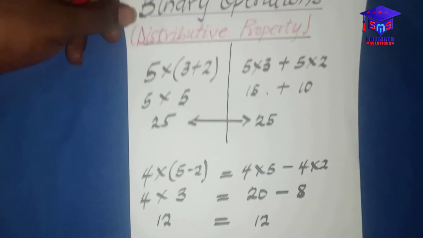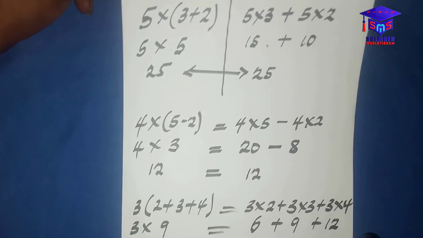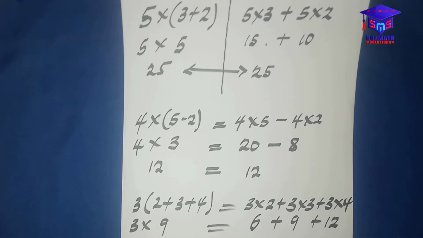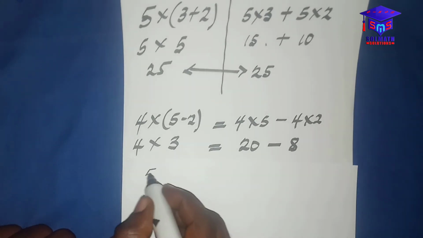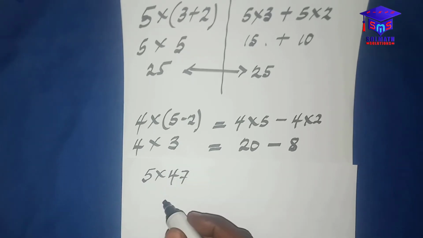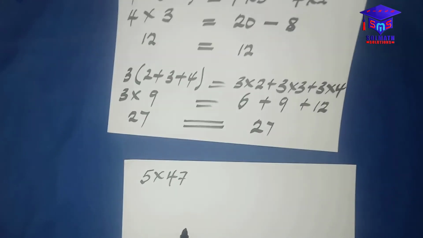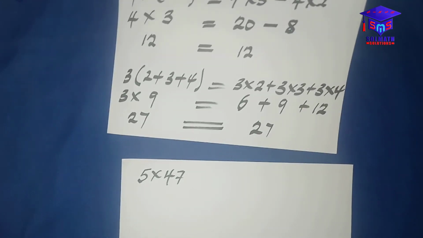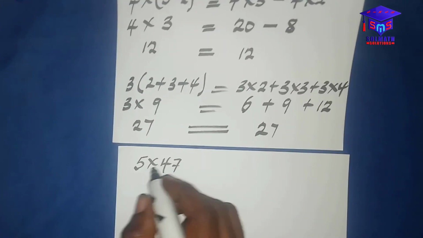Alright, so before we go to the binary operation, let me talk about this. We can apply the distributive property in solving complicated multiplications like 5 times 47. If you have to perform a multiplication in which the number looks big like this, sometimes it becomes a problem, but we can easily apply the distributive property over here and see that we can rewrite this as